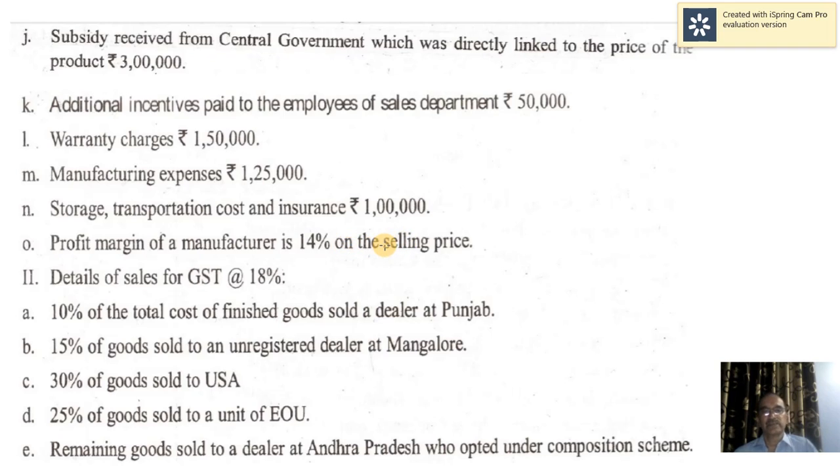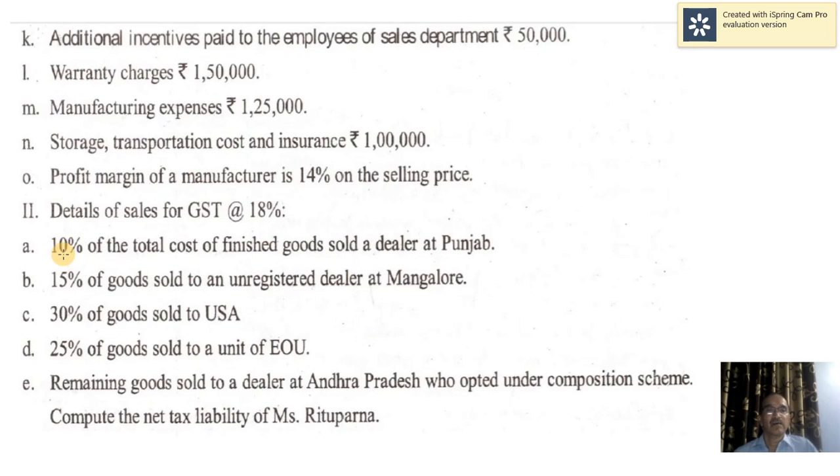So supposing the selling price is 100, profit is 14 rupees. As a result, the cost is 86. So you have to calculate here 14 divided by 86. On the cost of 86, you will make a profit of 14. Then what is it on cost of production? So that way you have to calculate. I'll explain again later on.